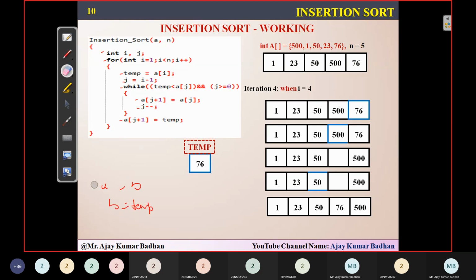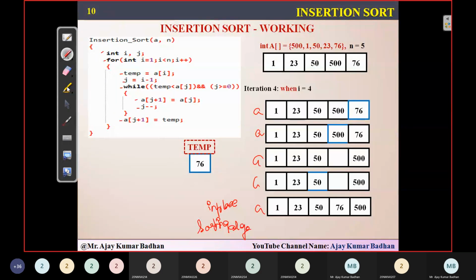But here we are not doing such kind of activity. I am using a temporary variable, that's for sure. But this one I am using only for comparison purpose, not for swapping purpose. So whatever values I am moving here, that is within this particular array which we have used. So that means it is an in-place sorting algorithm.